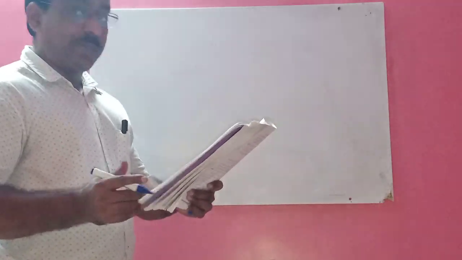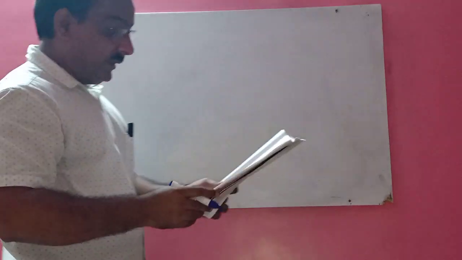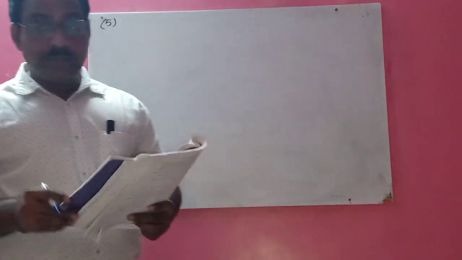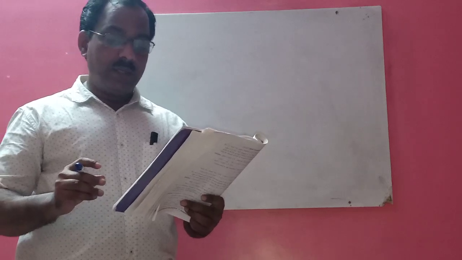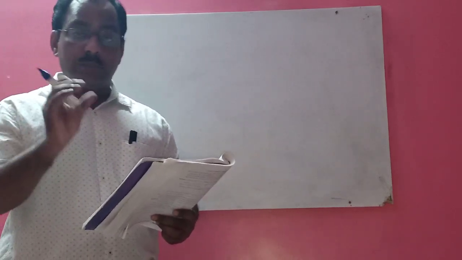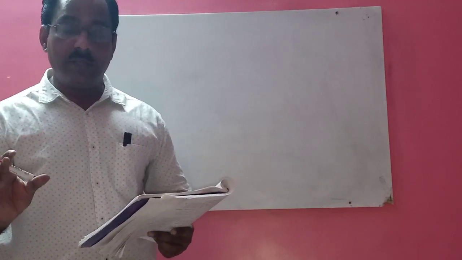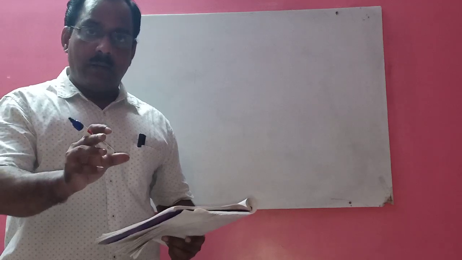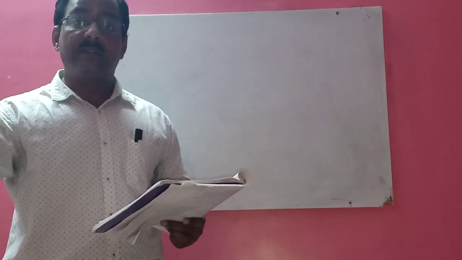Now children, question number 5. See what is given. The total value with GST of a remote controlled toy car is 1770. Here the total value of that remote control is given. What is the meaning of this total value? It means taxable amount and GST together, given as 1770.